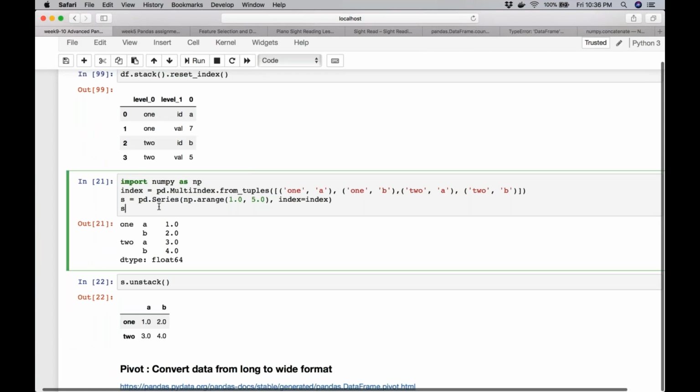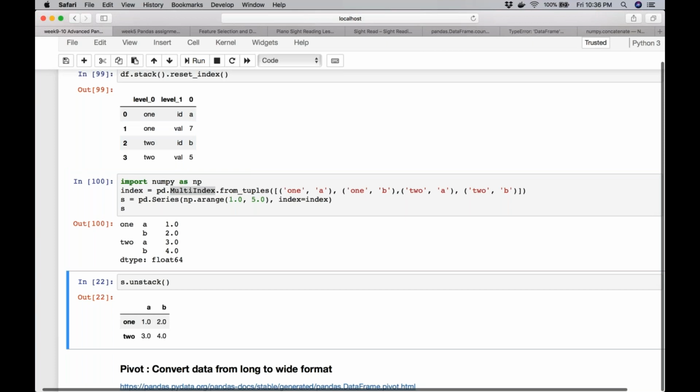And the opposite of stack is of course unstack. So to show how unstack will work, what have I done? I've created a multi-index data frame. You can see how to create a multi-index data frame in the documentation also, but don't worry about it too much. In general, you need to understand the levels. So as I was saying here, when you have a multi-index data frame, the indices are given a number.